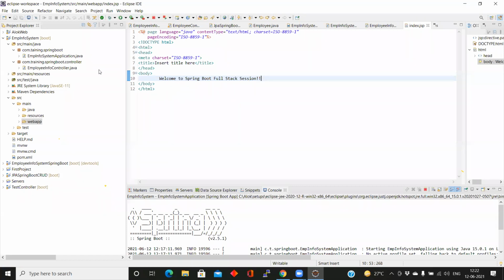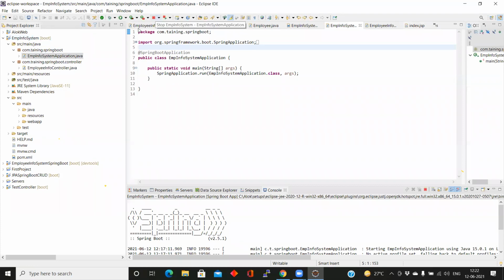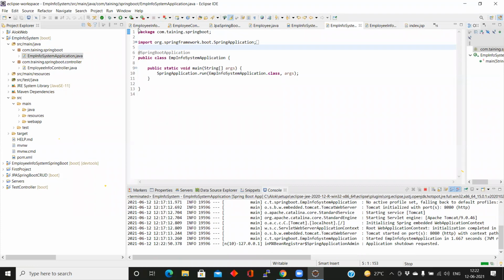Next, there is another dependency you need to add. Okay, generally it will not work without it. Stop it again.